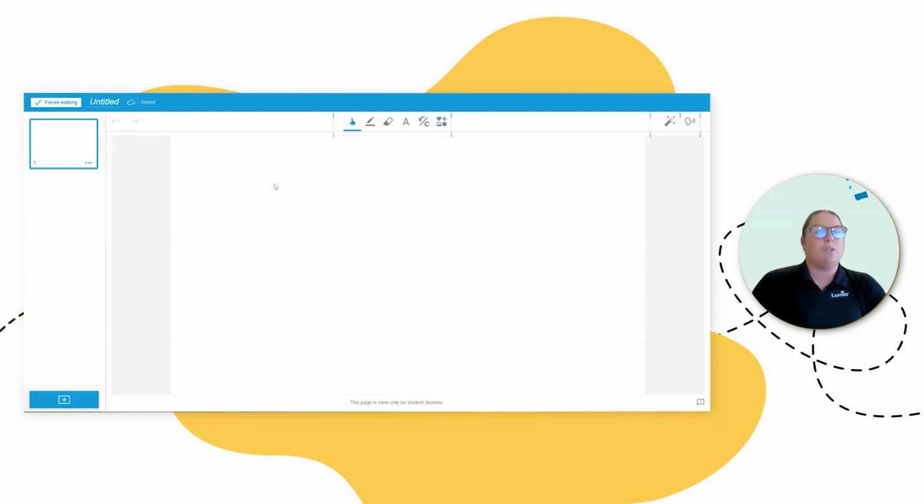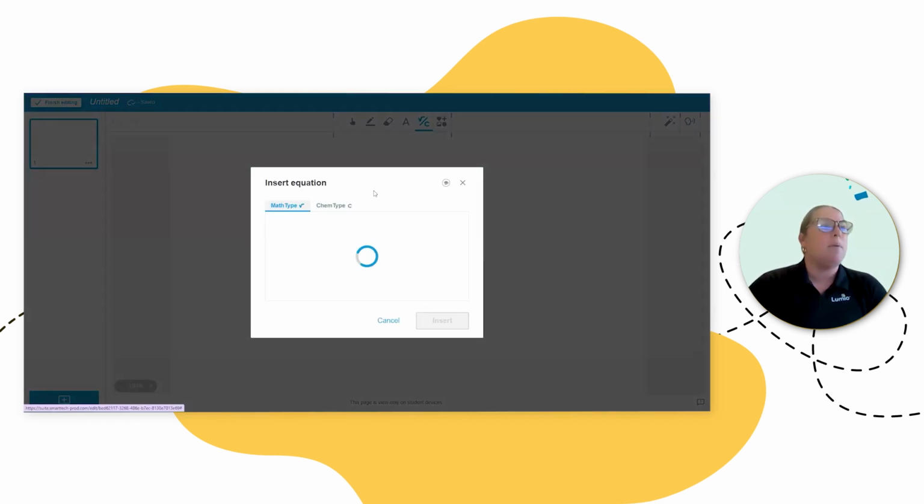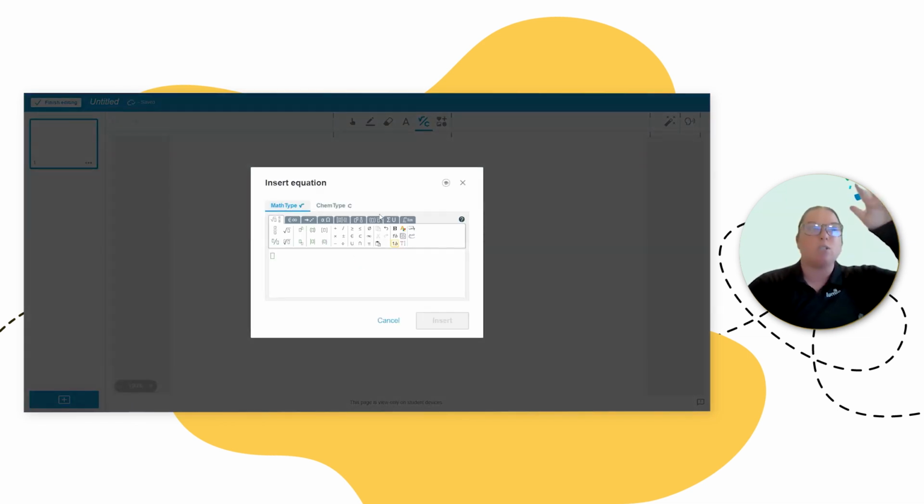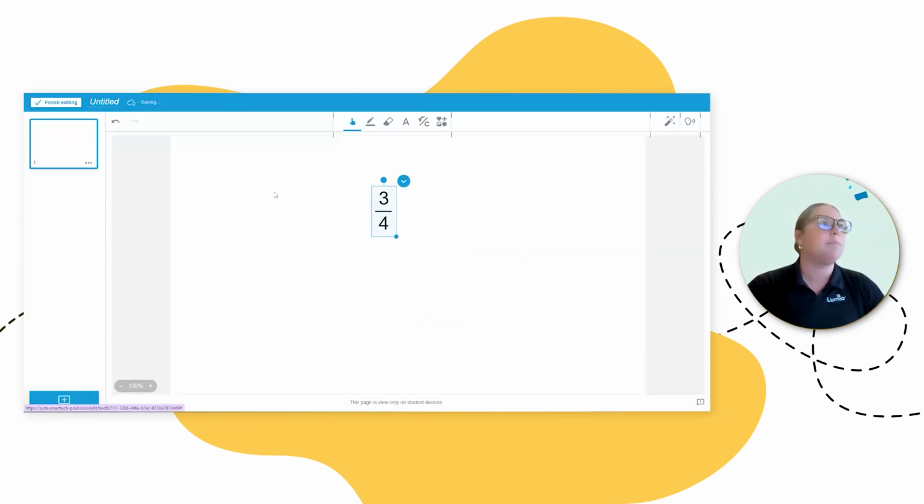Why I think understanding the student side is so important is because the toolbar is essentially the same. So I have my pen tool, I have my text tool, image tool, I have an equation editor, which is really important for my math teachers. Even in elementary, if I click on the equation editor and click on the space, people don't realize they see x and square roots and things like that, and they're like, when will I need that for elementary? Obviously, I love the fraction one, saves me a lot of time for those issues with horizontal fractions. So keep that in mind.